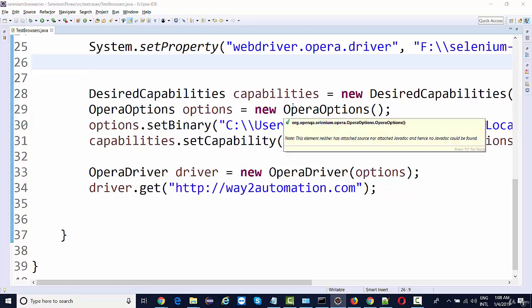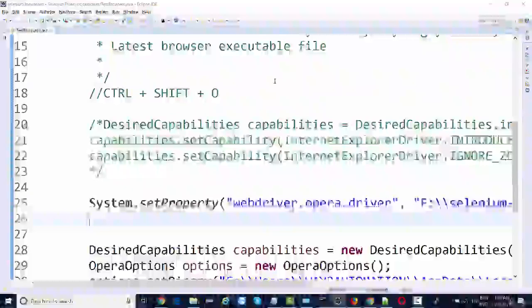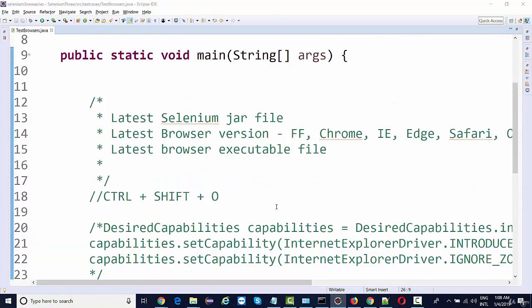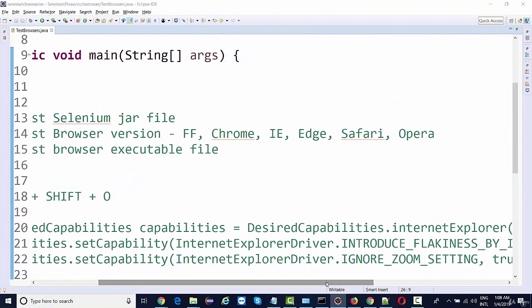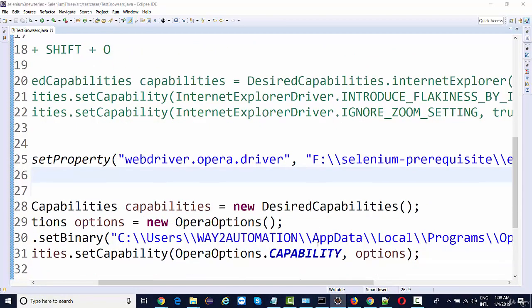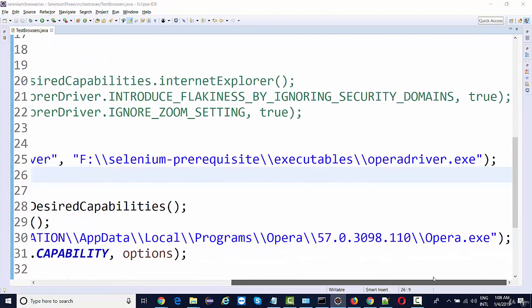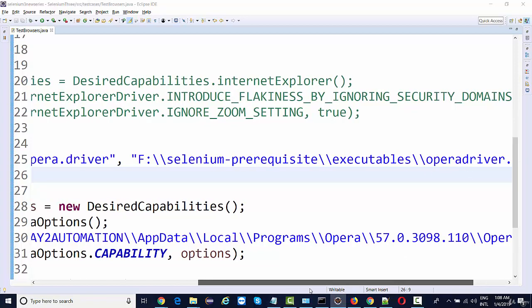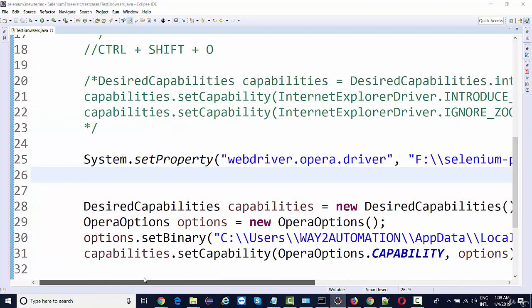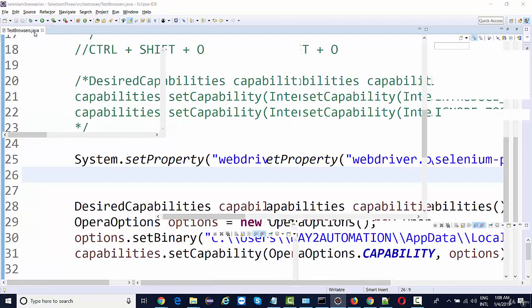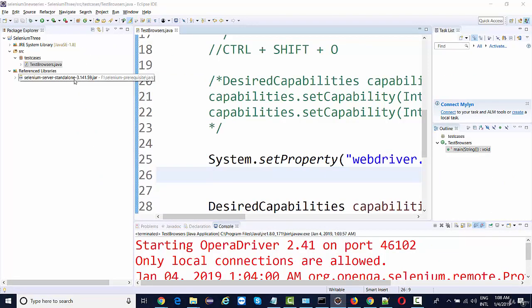Now, over the past few lectures, we have seen how we can configure multiple browsers. To configure these browsers, we have to download their latest executable files as well, right? At times, this process is very tedious, and it may happen that, since we are working on Selenium, right now we are using